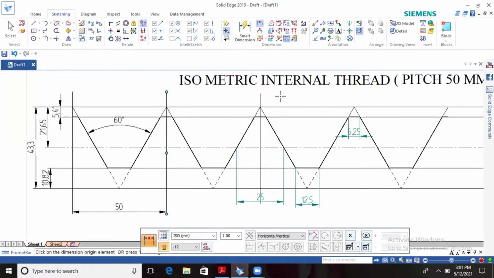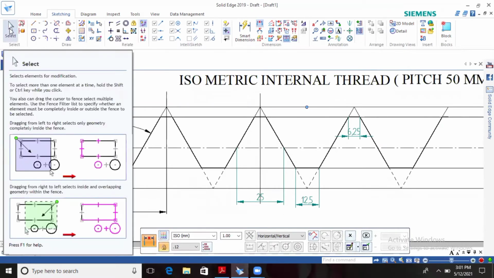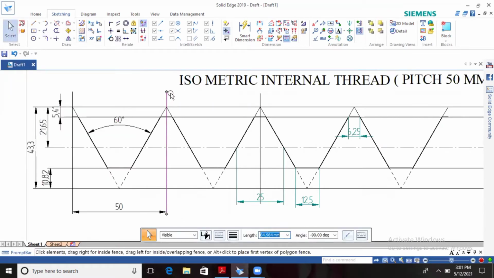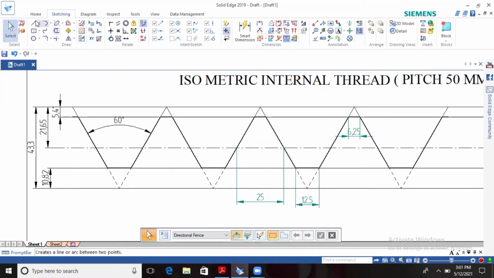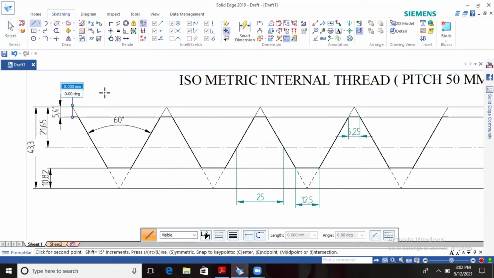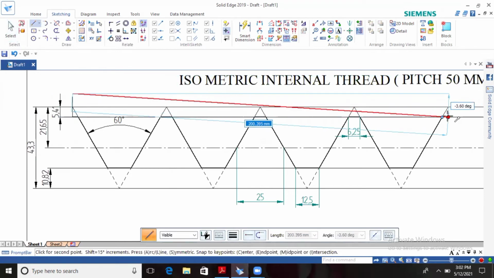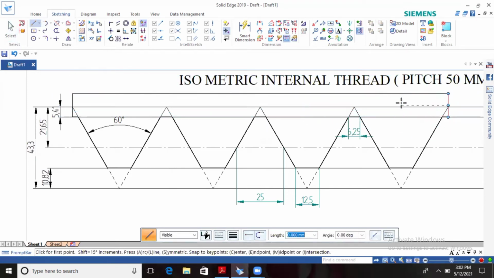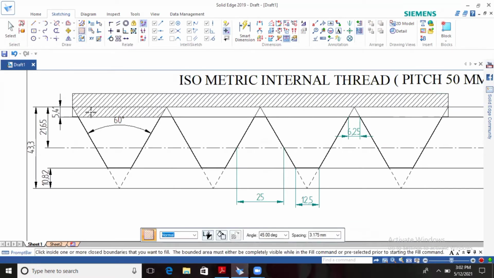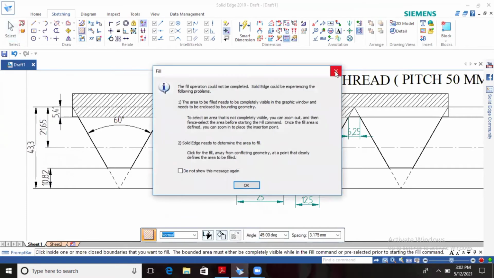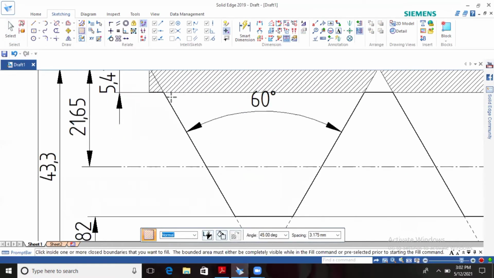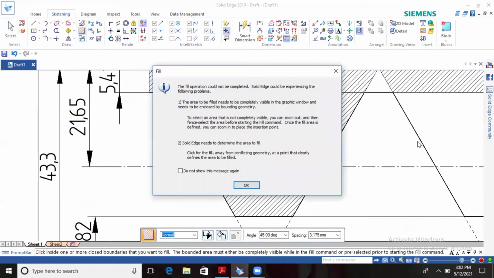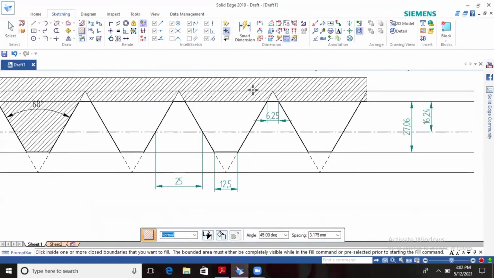After this, this is the internal thread. I am deleting all the vertical lines and you have to take the rough diagram above these teeth, threads, and hatch those parts. Because for an internal thread you make the hatching upwards, and for an external thread you hatch downwards.